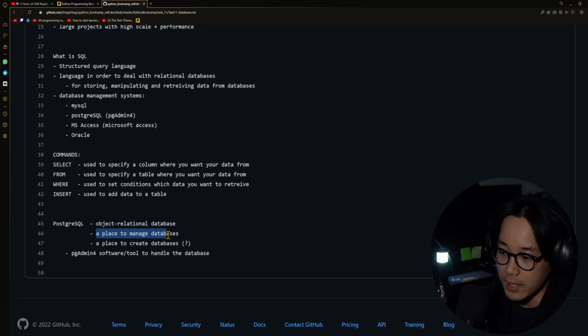Johnny, that's actually the definition where you can manage, manipulate, and do everything related to databases. Managing also means that you can create and delete them, whatever you want. And also we have pgAdmin 4, which is a software